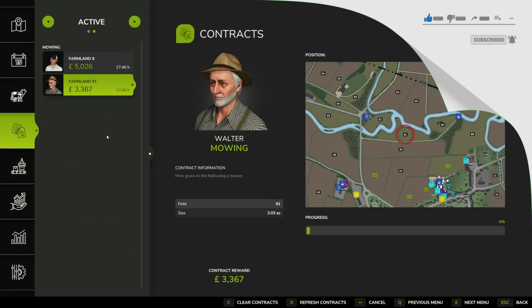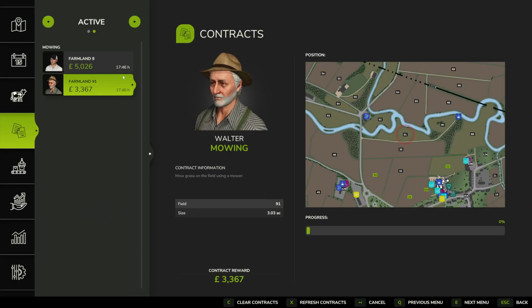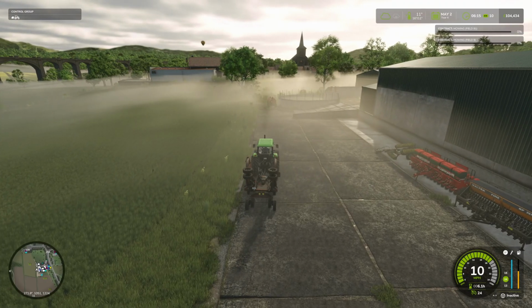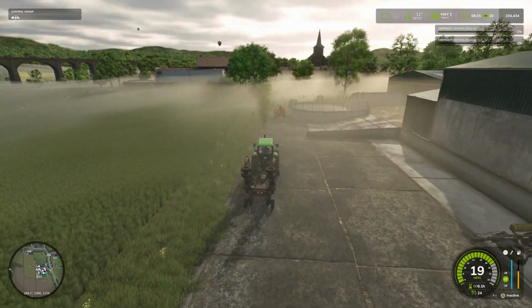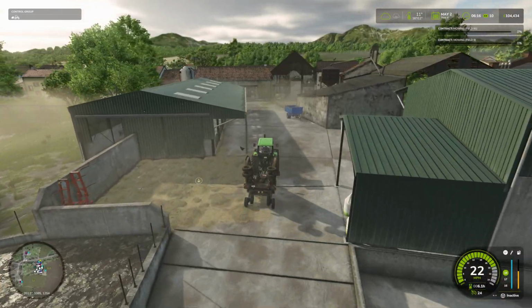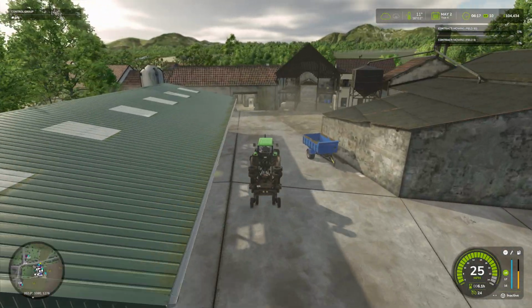Now I have taken 2 mowing contracts, which is going to lead us to about £8,000. We've got field 91 just down there and field 9, which is our old grass field, believe it or not. So we're going to go and start with our old grass field because it's further away. We can probably get a little bit of a time lapse over on that field, and I have found a bit of a